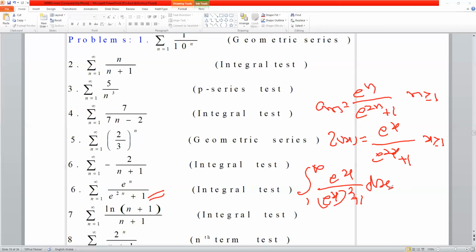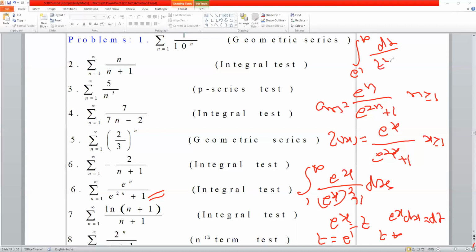Okay, so let us put e power x equal to t. What is dx? e power x dx is equal to dt. Okay, so what does the integral become? When x is equal to 1, t is equal to e power 1. When x is equal to infinity, t is equal to infinity. Integration from e power 1 to infinity, e power x dx is dt, over